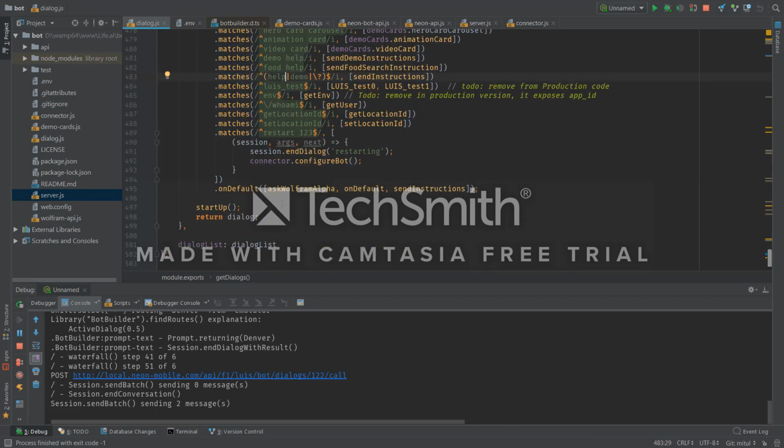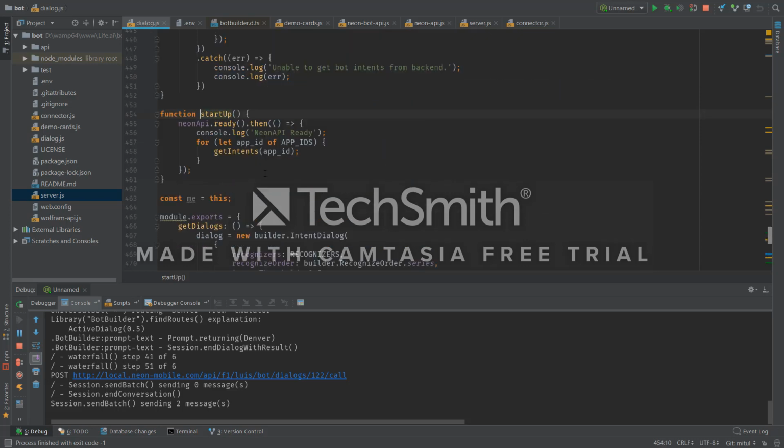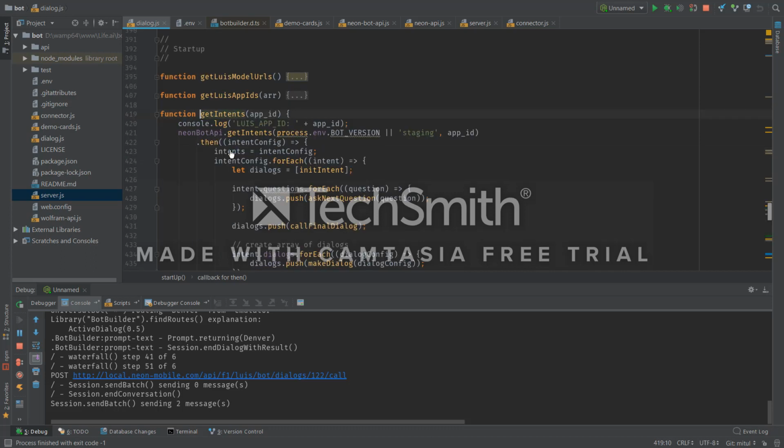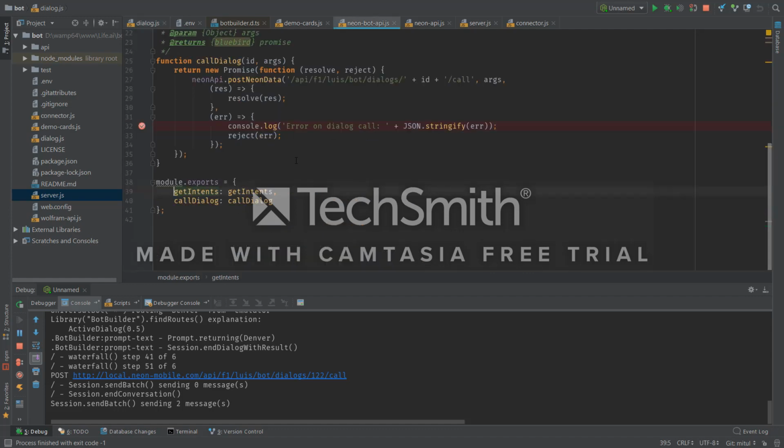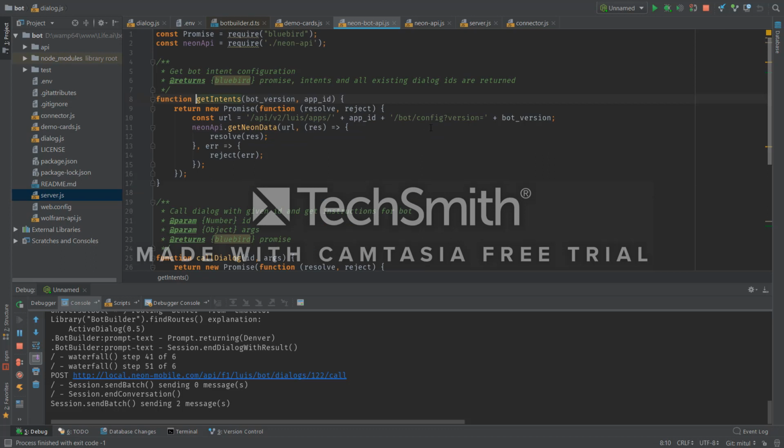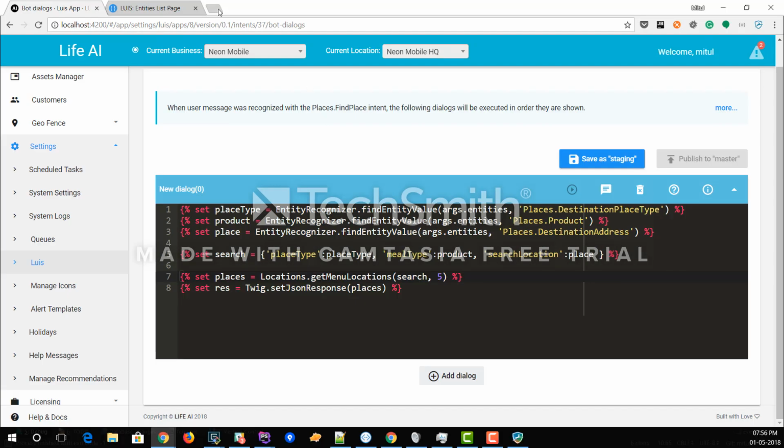Then in the startup call we are retrieving intents. This will retrieve the intents which have at least one dialog. It will not retrieve intents which don't have any dialog. And in intents we are calling get intents, and that is basically the bot config API. So in the bot config API, what we are returning is